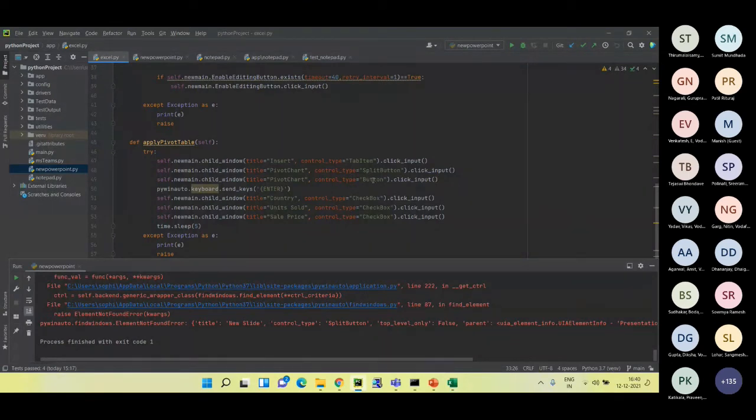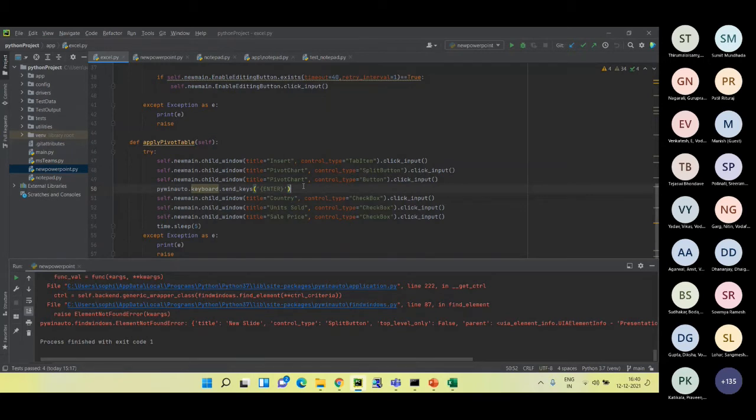All of these you can see from the inspect tool. Then I entered an Enter button. This is another way of using keyboard or mouse events, like directly if I want to hit Enter.